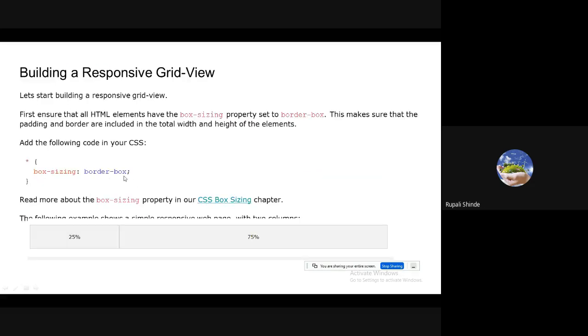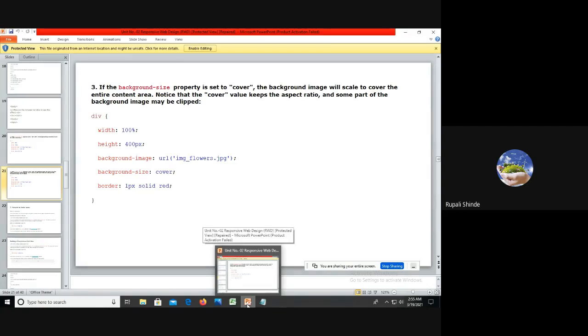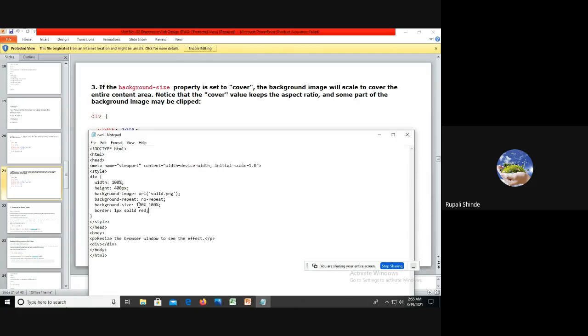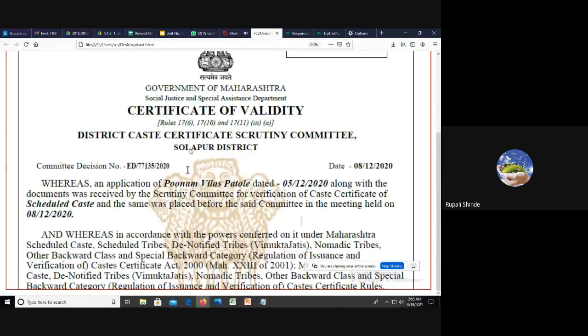If you specify the background size as cover, it will cover the complete block, but it will clip some area of the image. Are you getting it?